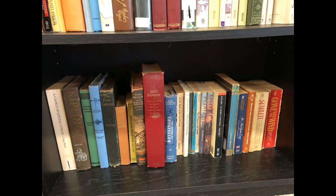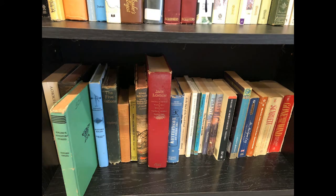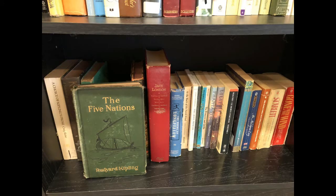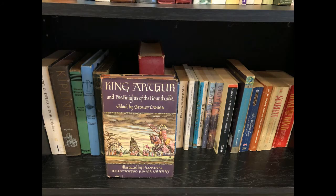Then continuing with Kipling on the next shelf, a choice of Kipling's prose, a Kipling selection of his stories and poems, Kipling's adventure stories, Captains Courageous, The Five Nations, which is a book of poetry, and the Barrack-Room Ballads and Other Verses, and The Phantom Rickshaw, Anna and the King of Siam, King Arthur and his Knights of the Round Table,